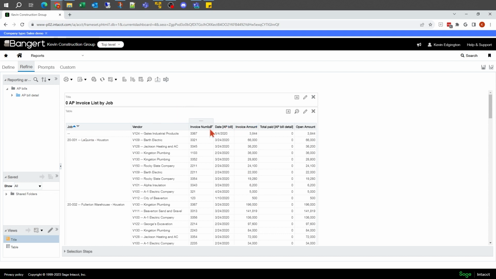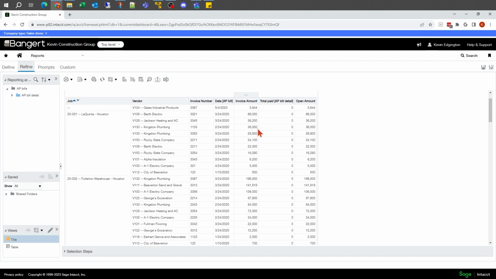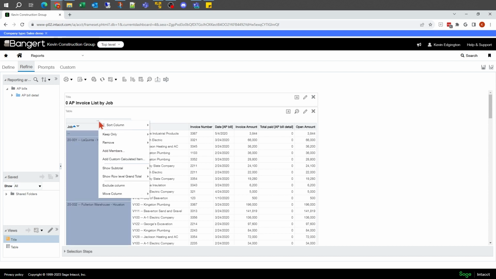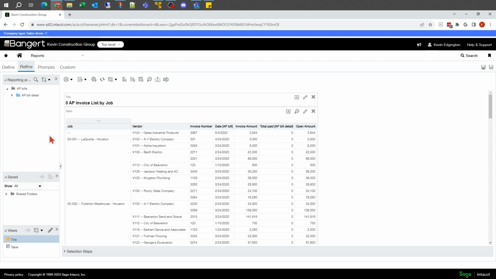And when I hover over them, you'll see that there are some up-down arrows here that also let you see what's being sorted. That one's got a blue arrow for its sorting. If I look at this one, it's got a down arrow for a descending sort. So that's how I can tell what's being sorted. This is also where I could go back through and say clear all sorts, and it would take all the sorts off. So if you get something on there that you decide that you don't want, that's how you can make it go away. But that's how you get better control on what this information sorts.